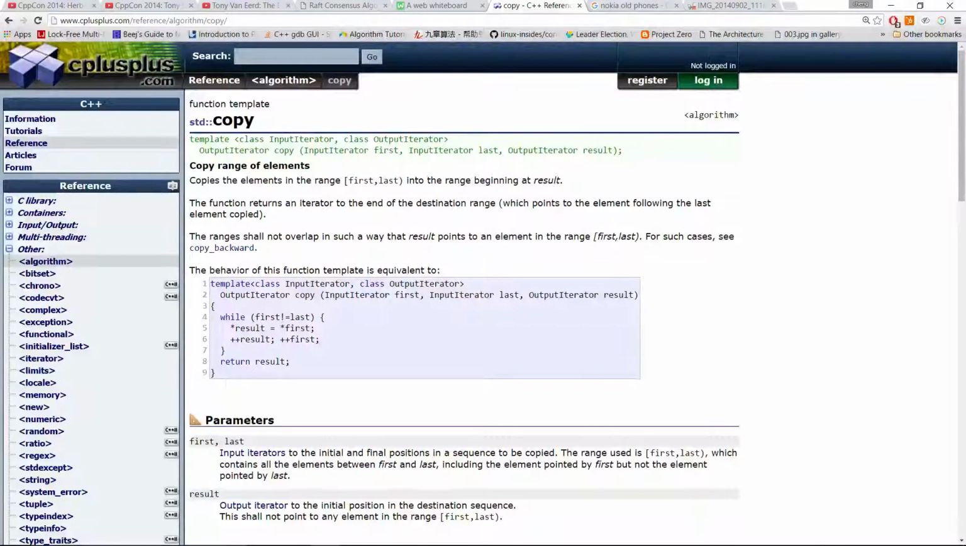Hello, I'm going to talk about the copy function from the algorithm library. It's really simple in terms of the behavior. It's pretty much just assigning elements one by one,